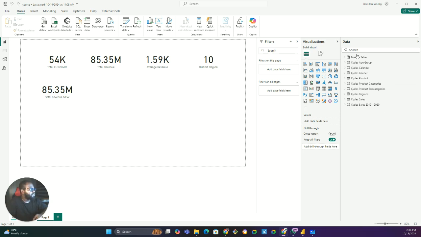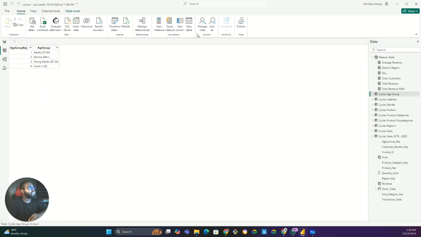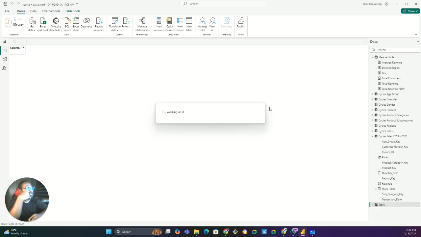We're not going to work in our measure table. We're going to create a new table because a date table is a separate table, an actual table on its own. So we're going to create a new table. We'll go to Home, and then if we go to the table view, you should see New table. It brings up this place for us to write our DAX, and I'm going to call this dates table,